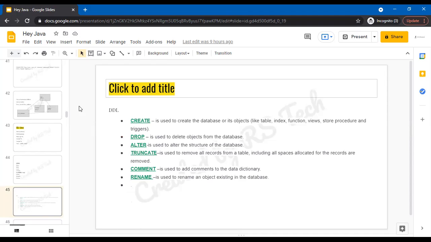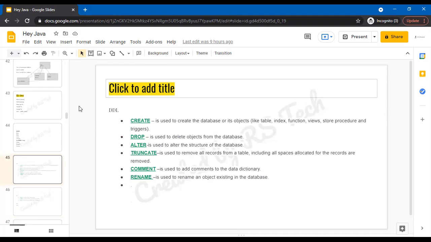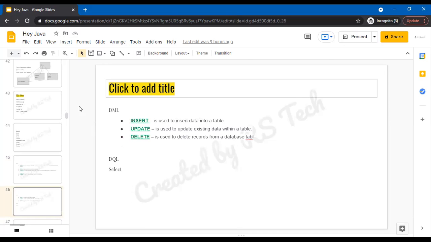Now, we saw the DDL statements: create, drop, alter, truncate. DDL is data definition language. We also saw data manipulation language. Definitions are how we create the database should be. So create is a data definition. Drop is a definition, and so are alter, truncate, comment, and rename. But insert, update, delete does not deal with the data structure of a table. It just deals with the actual data. So it is a data manipulation language. We just manipulate the data. And data query language is select.